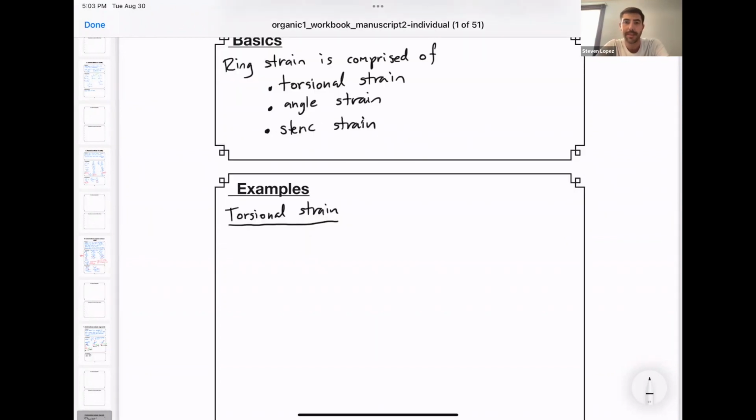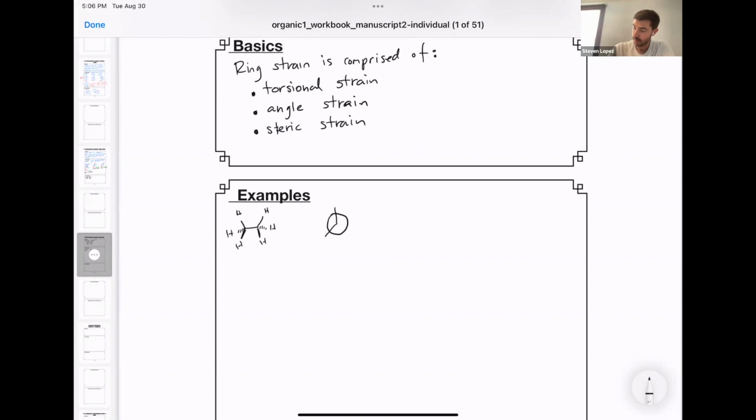You might recall from the acyclic structures that torsional strain happens when there's eclipsing interactions between sigma bonds. Here's an example. Remember, it's a Newman projection when it looks like this and is eclipsed. If that's not clear, be sure to watch the episode on Newman projections. Okay, so in an acyclic compound, you have this kind of perfect eclipsing that can happen between these two sigma bonds, which I'm highlighting in red here. Those are exactly aligned with each other, and that's a torsional repulsion or a torsional strain.